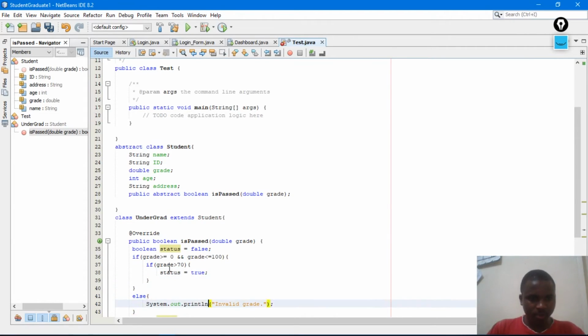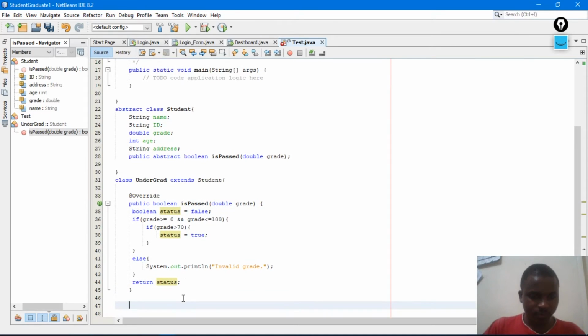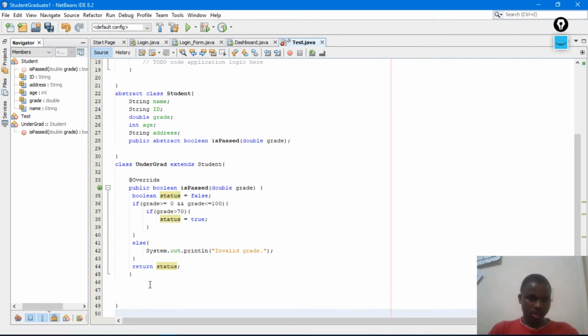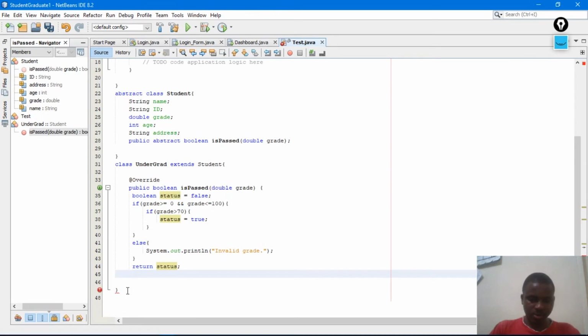Yes, otherwise it is going to remain as false, as it is, then here it will return false. But if the grade is greater than 70, which means that is above 70, then it is going to return true here. Then now I have to move on. Okay, yeah, this is this class. So sorry.